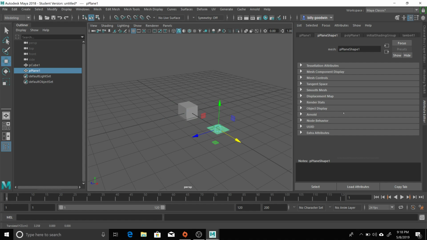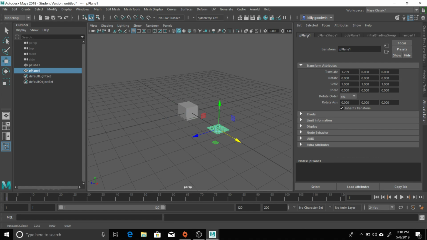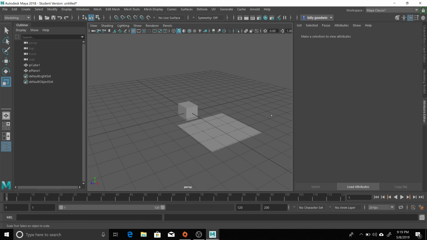And then I can do this one of two ways. I can go to the plane and type in a number, or I can use the move tool and just scale that out as far as I want to, as big as I want to, excuse me. So now there's my plane. So next, alright,